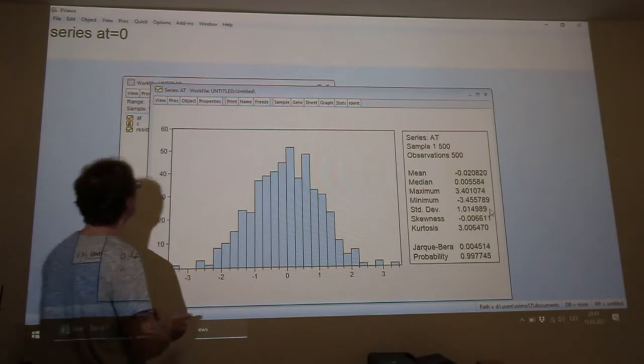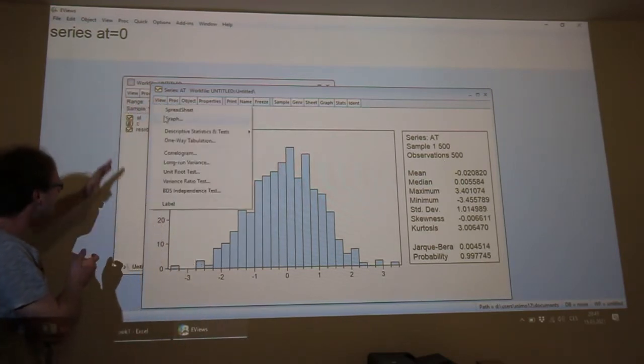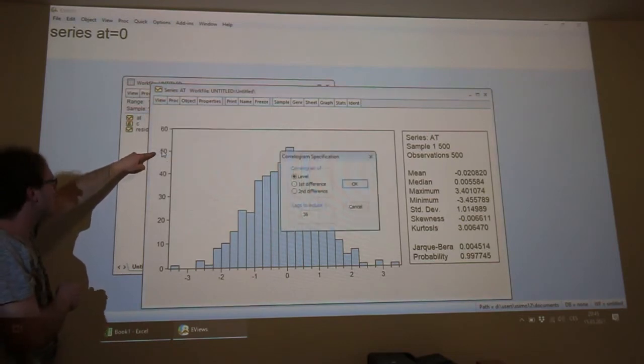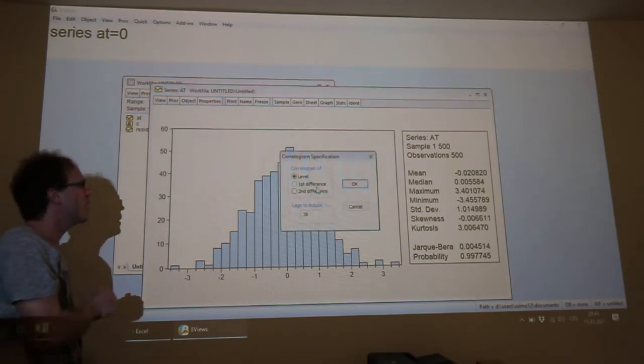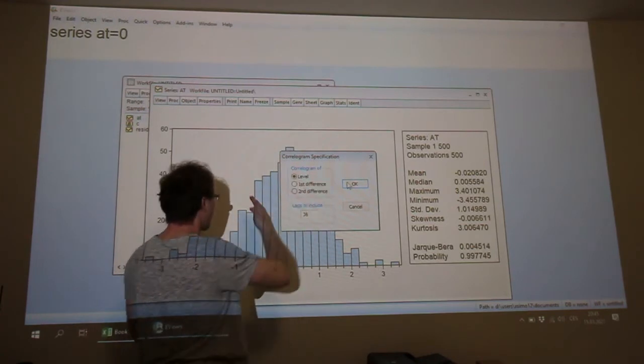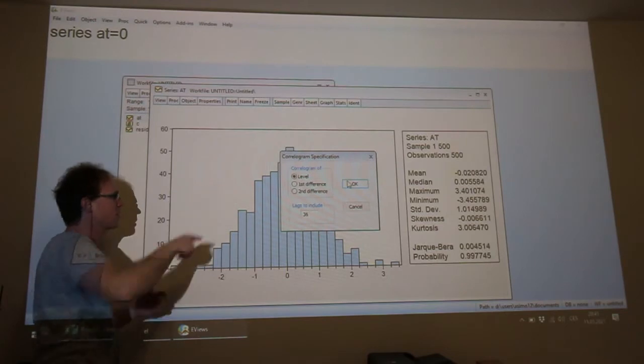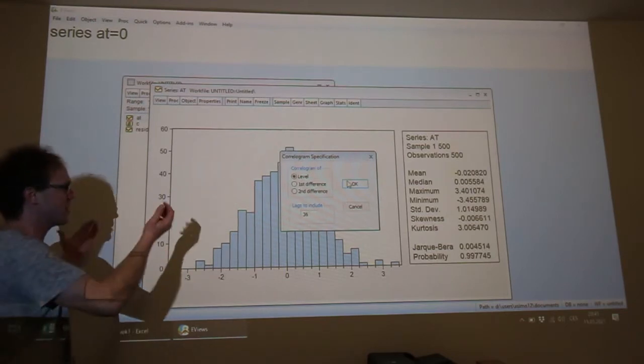So in EViews, please click on View button, and there is correlogram. So please click on correlogram, and we will select correlogram of level, correlogram of values, which you could see in the development of this time series.